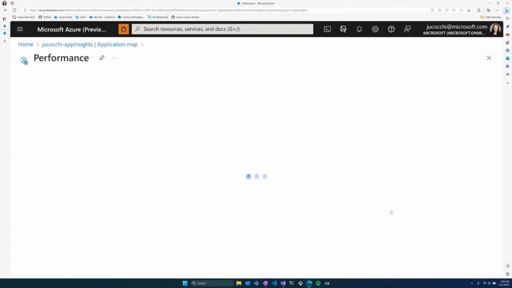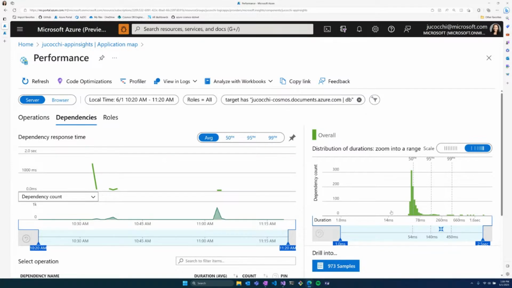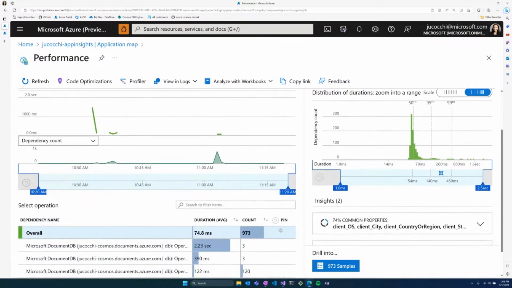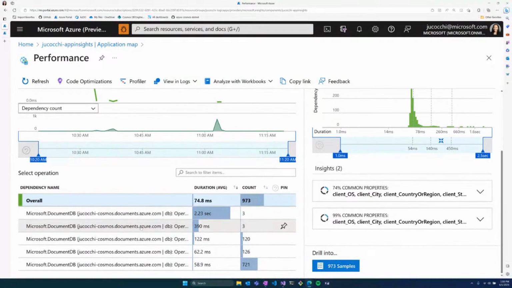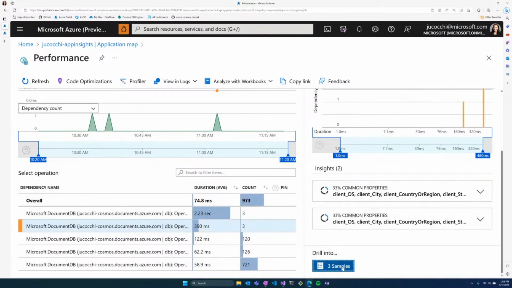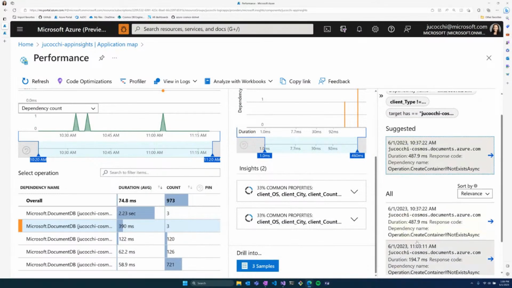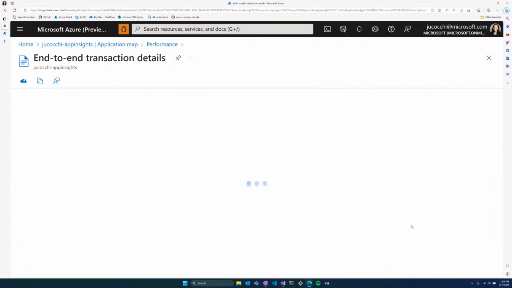And you can do all sorts of things that you can do in Application Insights, but now we have our Cosmos DB data delivered here for you. So you can do things like investigate performance. I can see, for the different types of operations I had, what did my requests look like? I can drill into samples, and I can see all sorts of metadata that will help me better debug these